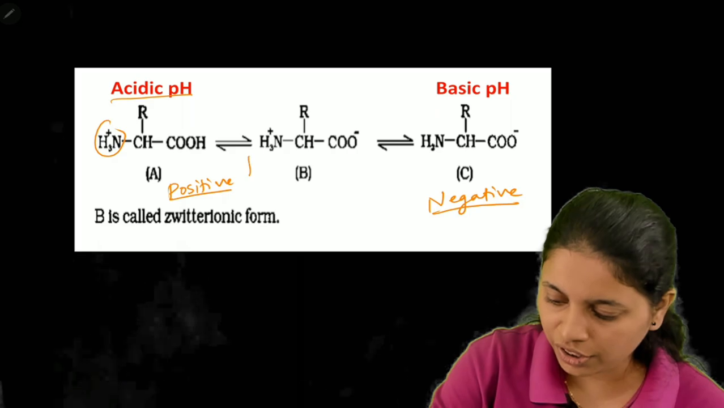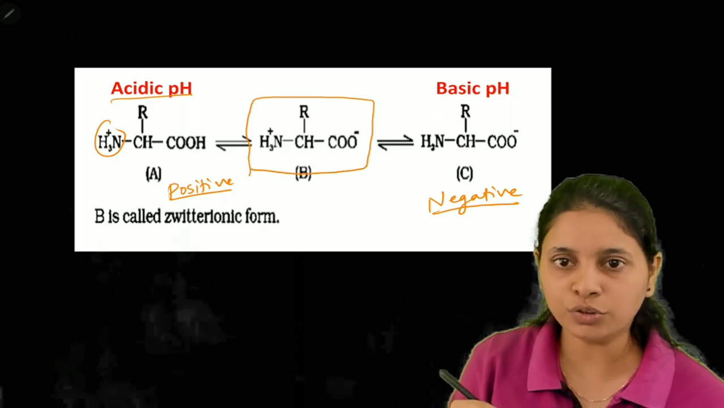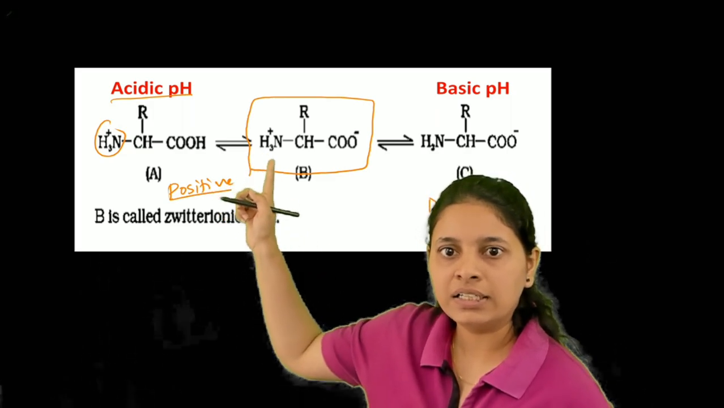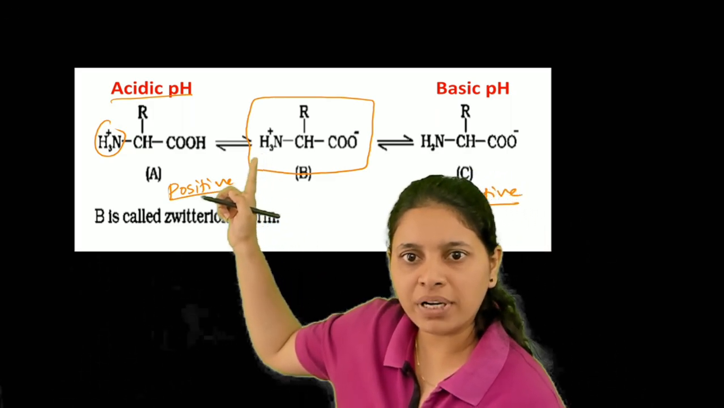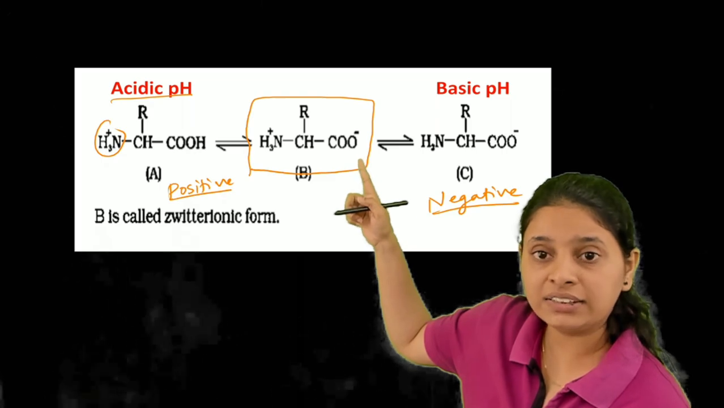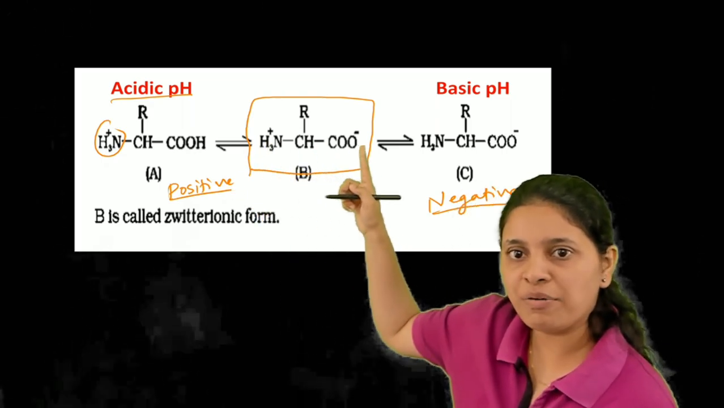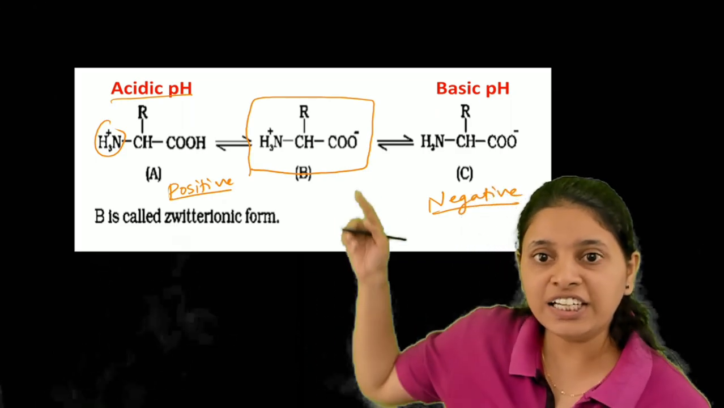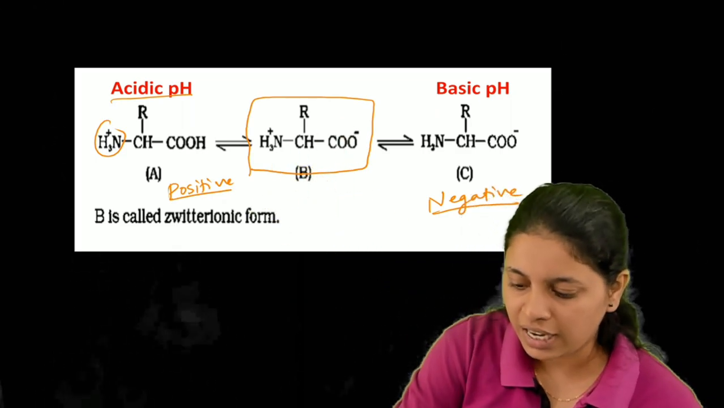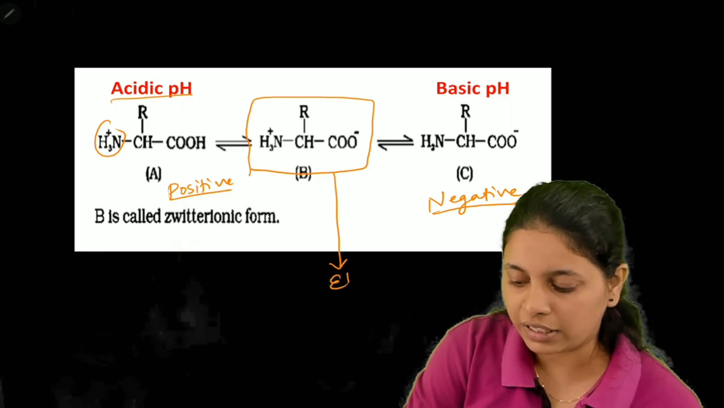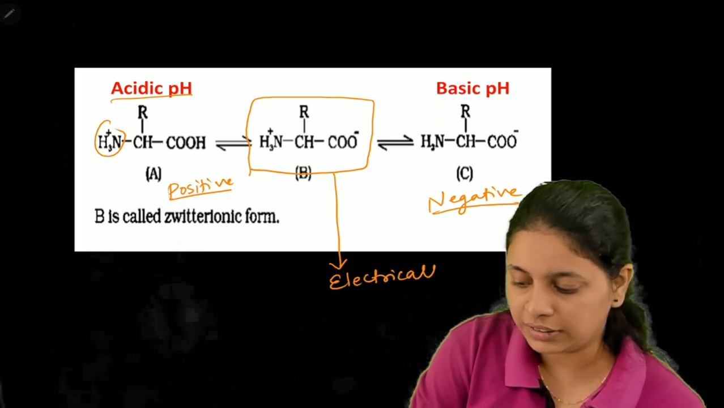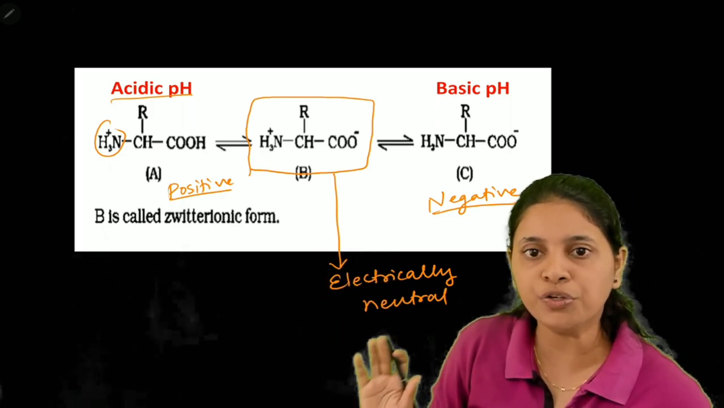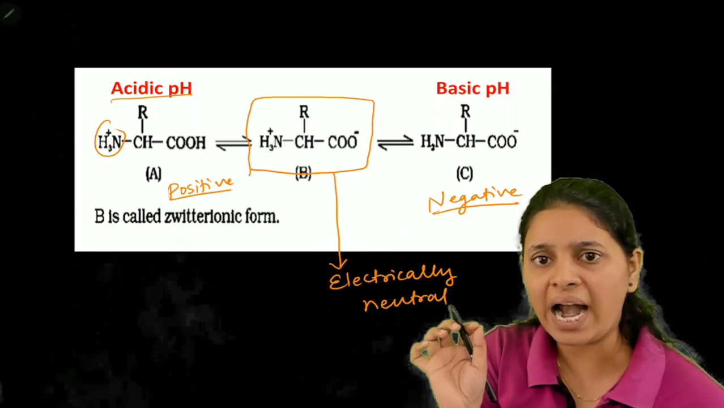But the structure here in between, right? So there will be a particular pH wherein the amine group exists as NH3 plus and here the acidic group exists as COO minus. So the plus and minus, positive and negative charges are balancing each other. That means this particular structure of amino acid is actually electrically neutral. This is electrically neutral and this form of amino acid, the electrically neutral form, will be existing at a particular